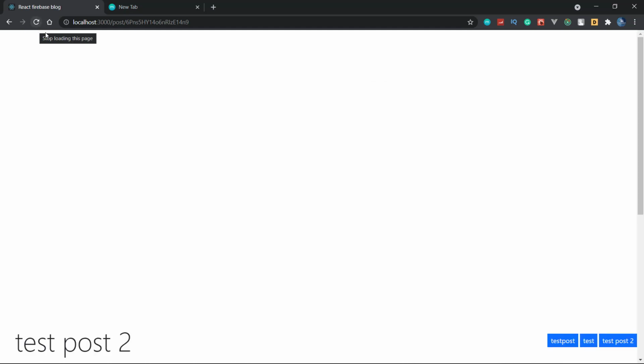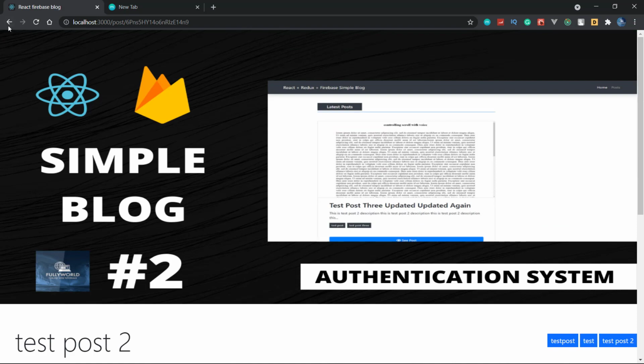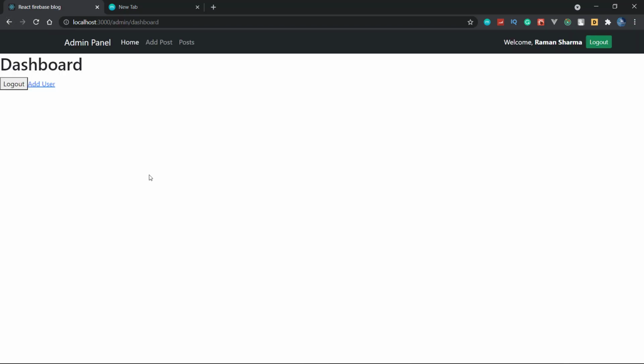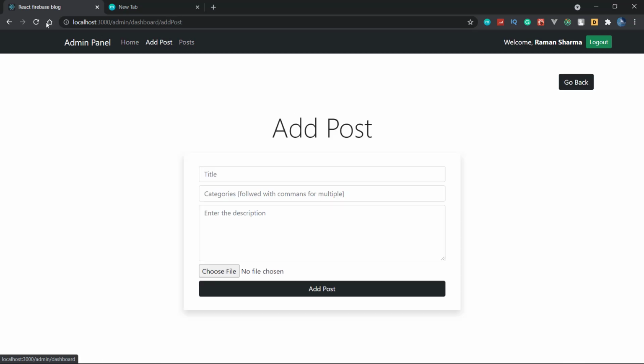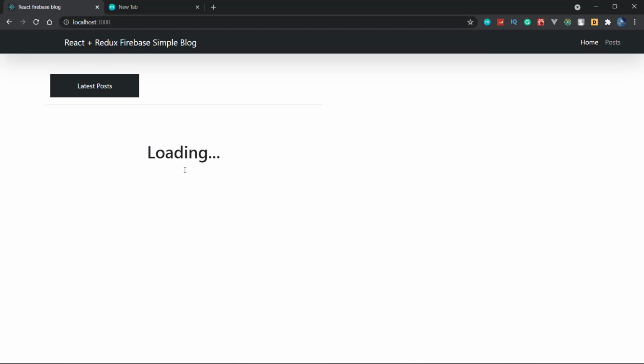So I don't know why this is working like this, but this should not work like this, as it was working very perfectly. So whenever we click on the edit post, actually because of this the edit post is also not working correctly. So these are some minor bugs that we are going to fix in the last video of this series.